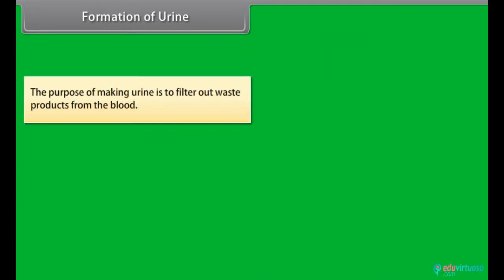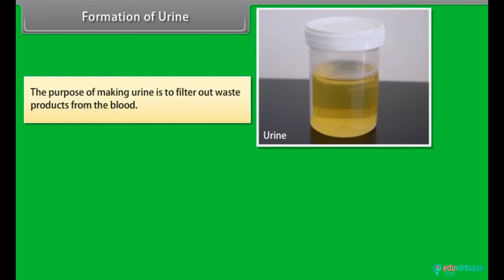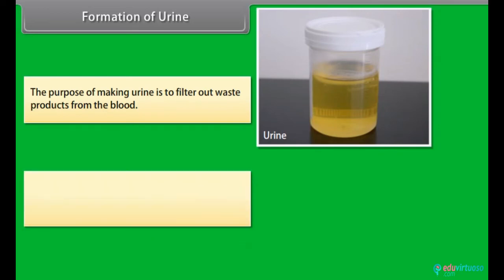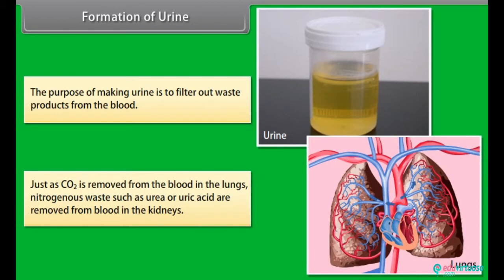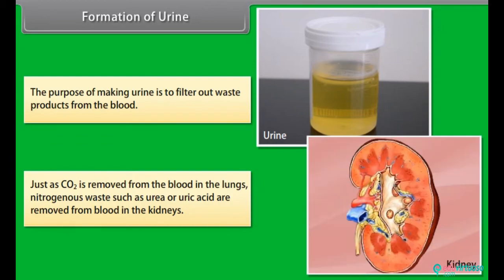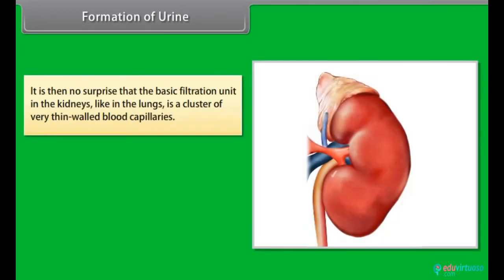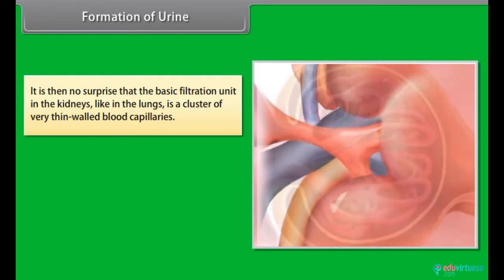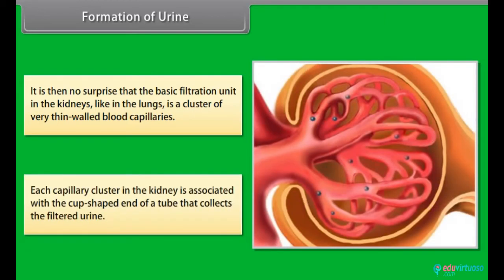Formation of urine. The purpose of making urine is to filter out waste products from the blood. Just as CO2 is removed from the blood in the lungs, nitrogenous waste such as urea or uric acid are removed from blood in the kidneys. It is then no surprise that the basic filtration unit in kidneys, like in the lungs, is cluster of very thin-walled blood capillaries. Each capillary cluster in the kidney is associated with a cup-shaped end of a tube that collects